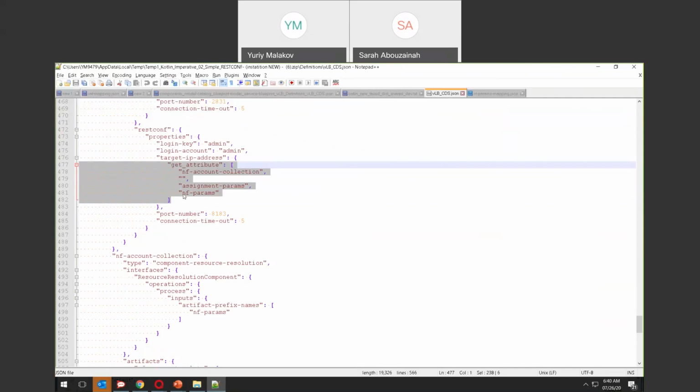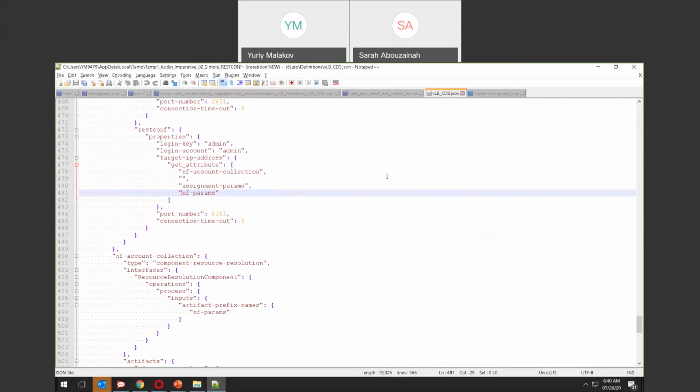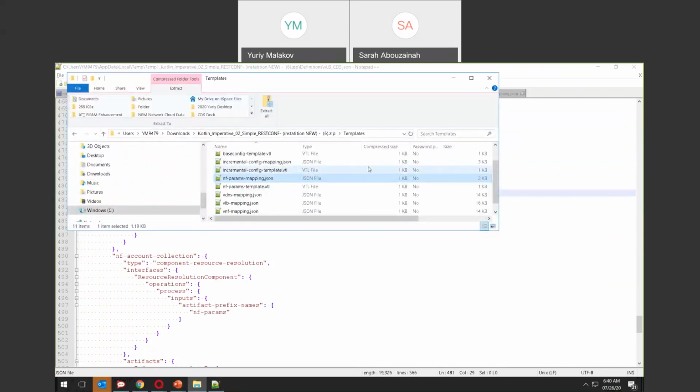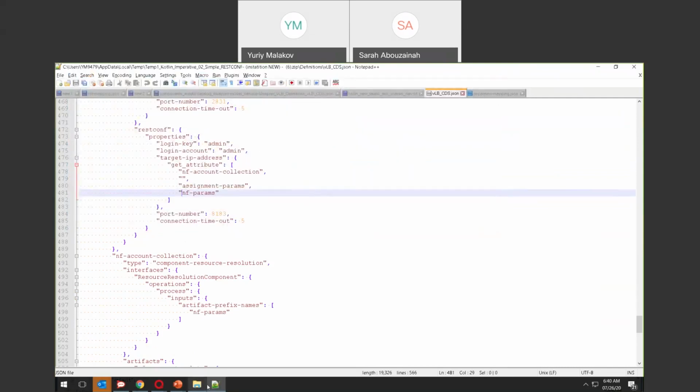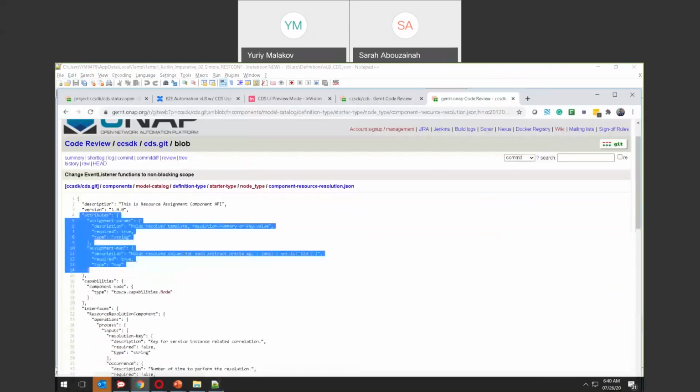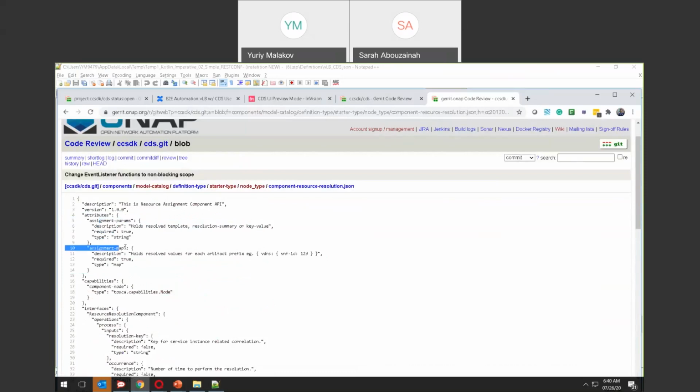So let me explain one more concept. You see there's a difference between assignment params and assignment map. Assignment params is really the mesh content that is being returned to us. What I mean by mesh content is this: